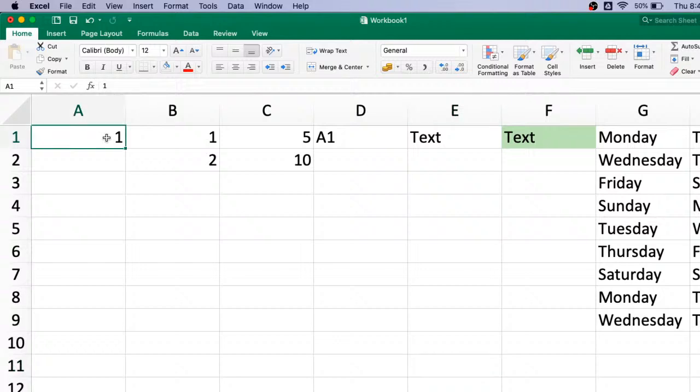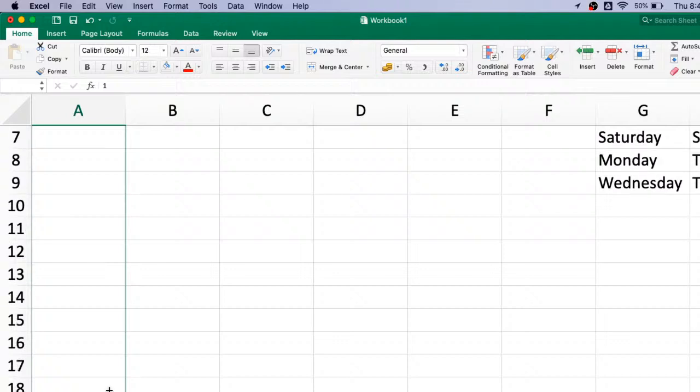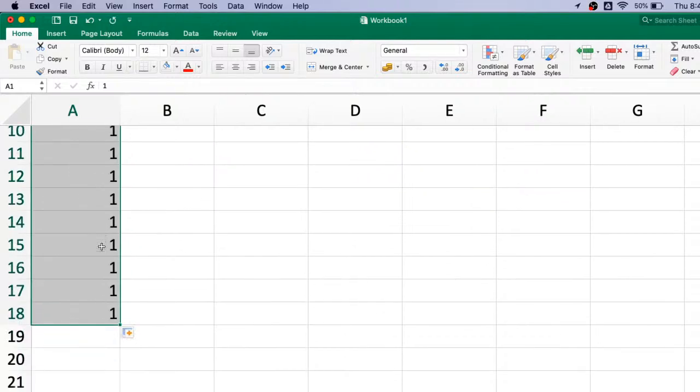Suppose I have put in 1 over here, and I have to use 1 throughout in every cell below. So what I can do is, the moment you select this, you will see a corner with a big dot. The moment you take the cursor there, it becomes a plus. You can simply drag it down, and this entire one will be copied. When I drag the entire thing and then I click on this plus and arrow,